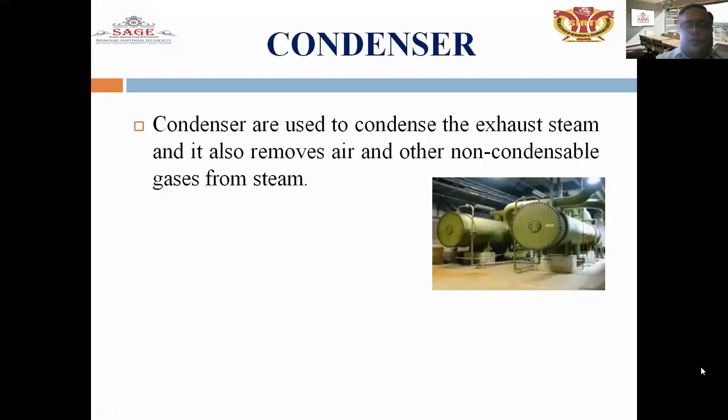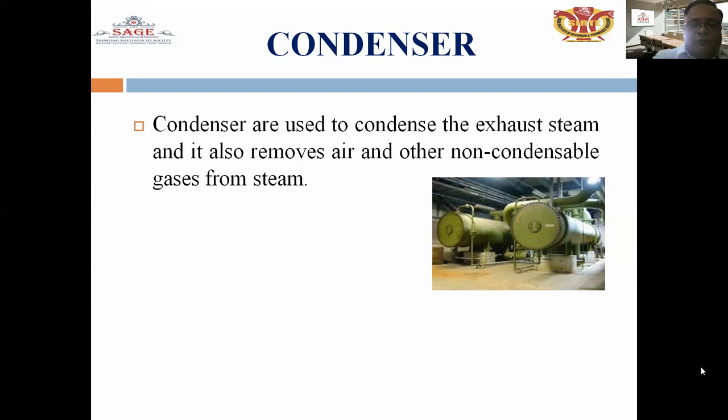Condenser is used to condense the exhaust steam, and it also removes the air and other non-condensable gas from the steam. This is the main unit of the thermal power plant. After the expansion of the steam in the turbine, it passes through the condenser unit where it is condensed by some external cooling medium such as water